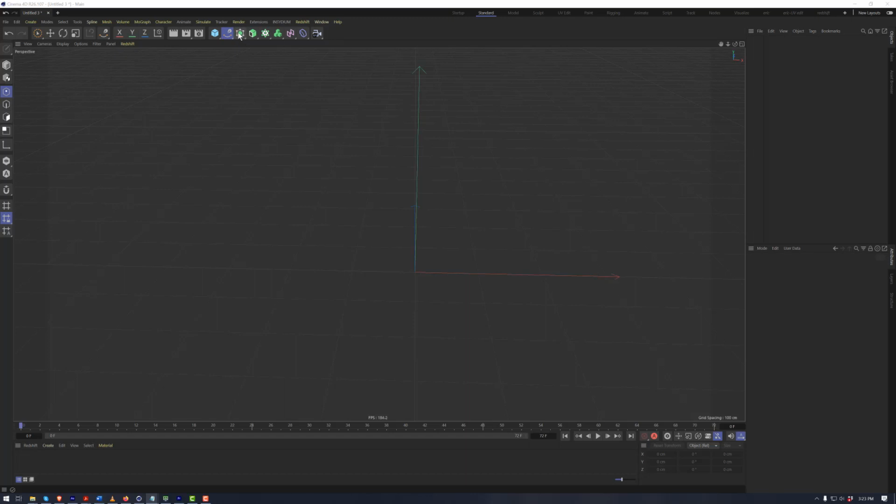There's another menu right here. This one is the generator menu within Cinema 4D. This is using tools that will take the geometry that you have in your scene and generate something else with